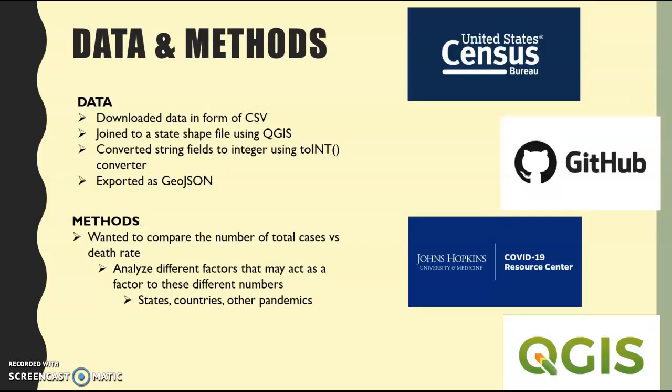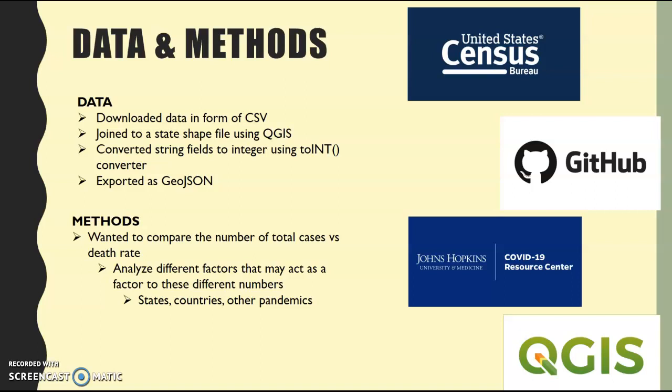So the data that I used mainly came from the United States Census Bureau. I also relied heavily on GitHub and Johns Hopkins University as sources for my raw data. And then I used QGIS to combine my raw data CSVs to the shapefile that I extracted from the Census Bureau of states in the US. As you can see, my narrative of data is listed here on the left, so I converted string fields such as deaths and cases to integers using toInt converter,